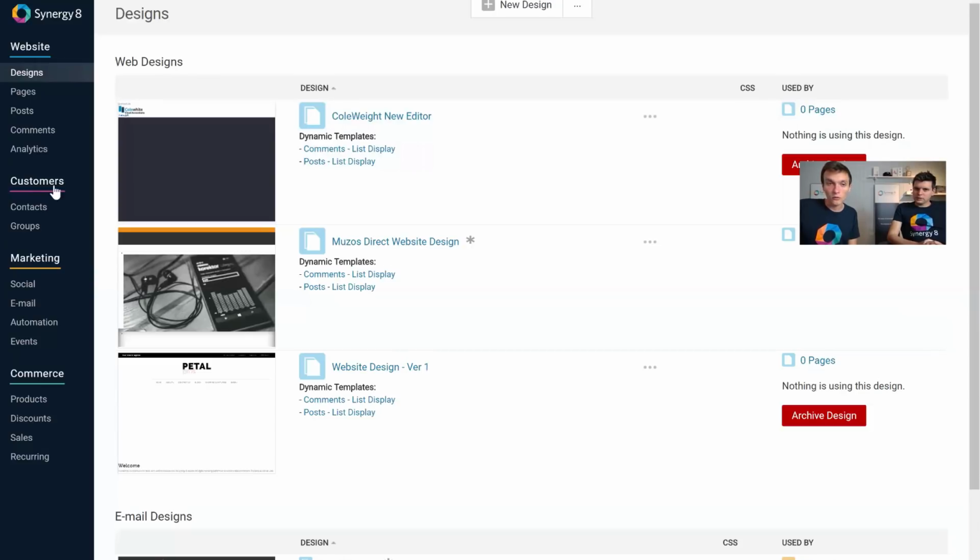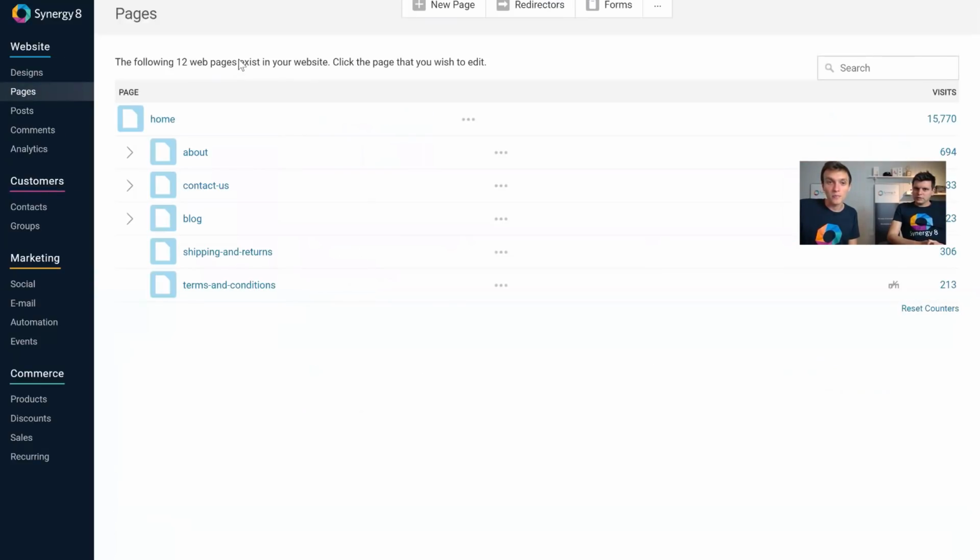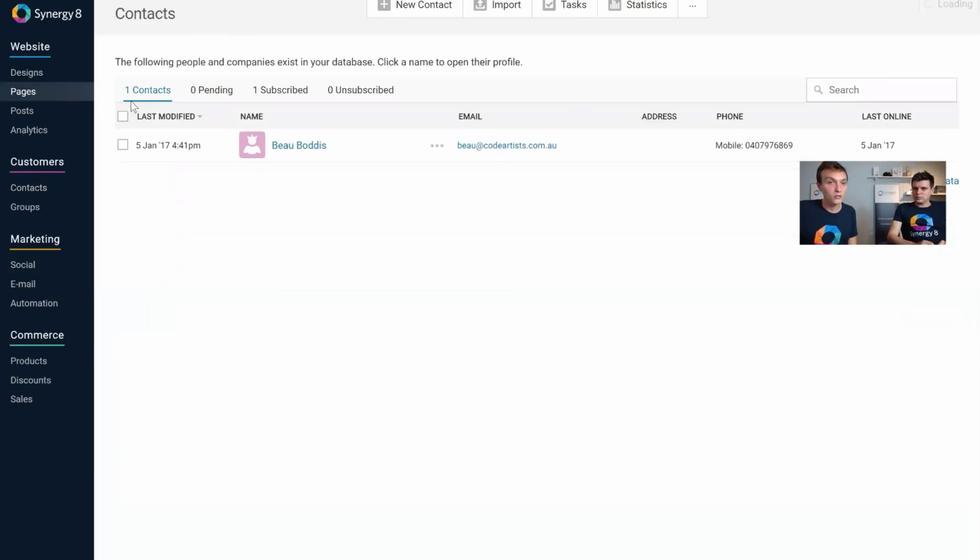Okay, so the next thing we're going to talk about is page galleries, for example, as an example of a pretty common web app that you might be dropping into your site. You'll probably find that with the more simple end of town for some of your web apps, you just implement those functionalities in Synergy 8 in a different way. So as an example of a web gallery, instead of having a web app down here that allows the user to put images on the site, the way I normally tackle that problem is when a user edits a page,